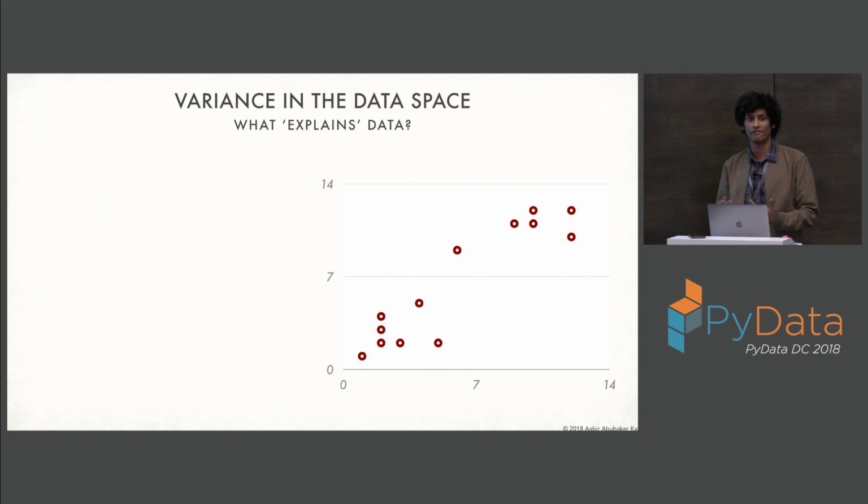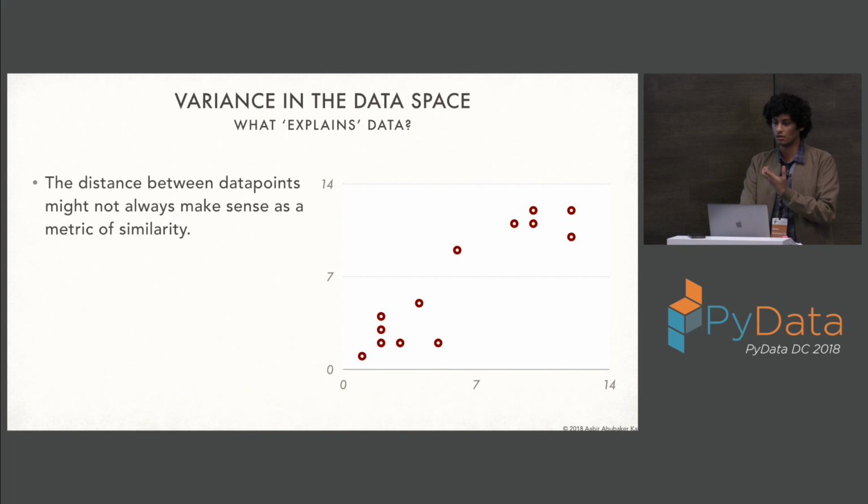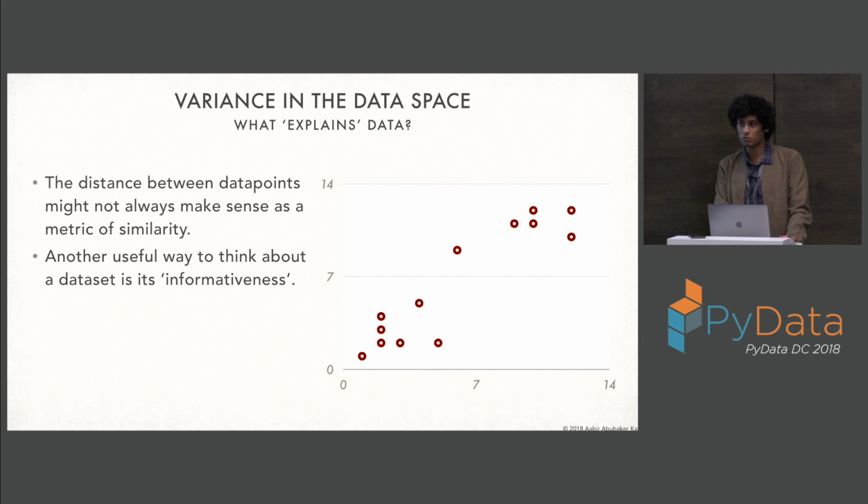It looks at the concept of variance. So if you guys are familiar with statistical variance, that's essentially what PCA is based on. And this is going to give you a little intuition on why that works so well. Because the distance between these points might not always be the best measure of their similarity, you might want to think about how much they're spread over space.